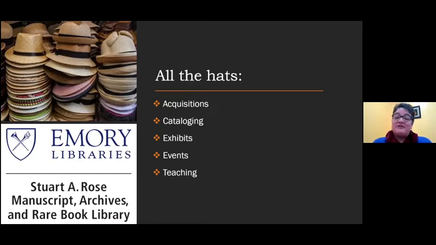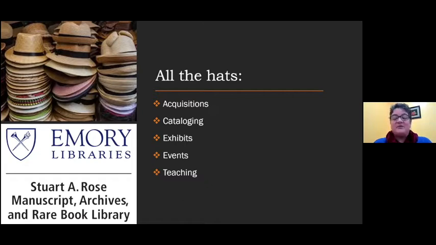I'm a part of a collection development team that works on strategic acquisitions. I catalog, but I am lucky to have a cataloger we borrow from the main library to do our serials. We have a whole team of folks who help us with exhibits, with making mounts, in preservation, and in printing labels and all sorts of other things.